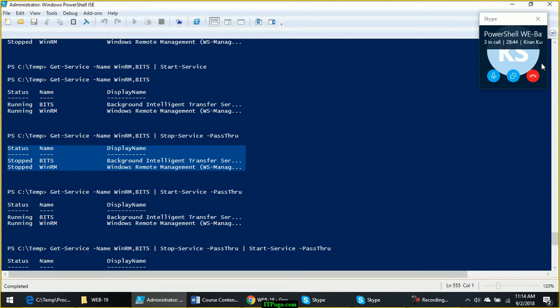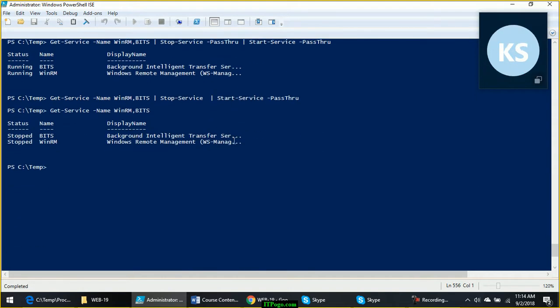Otherwise it is happening internally without showing the user, without producing the output objects in the pipeline. It will internally stop the service and exit. It will not do anything further. But here when you say pass through, you are allowing the objects which are produced to become visible in the pipeline, and you are allowing them to flow further in the pipeline. Otherwise nothing will be there in the pipeline.